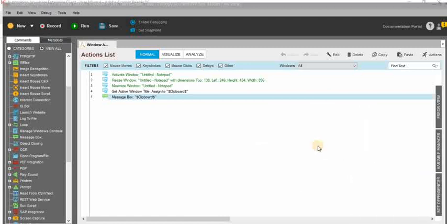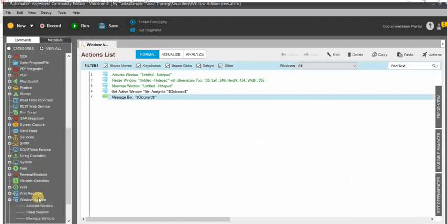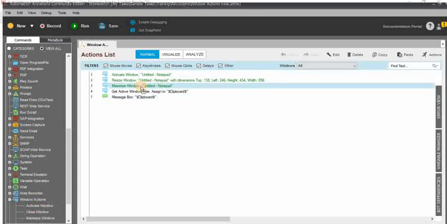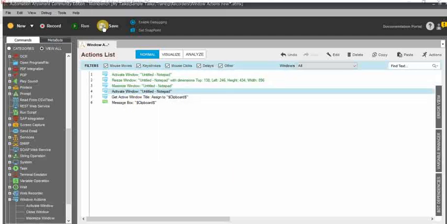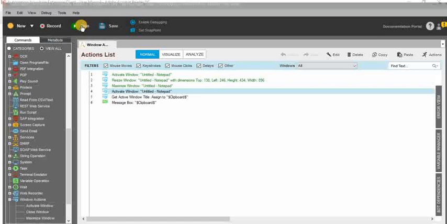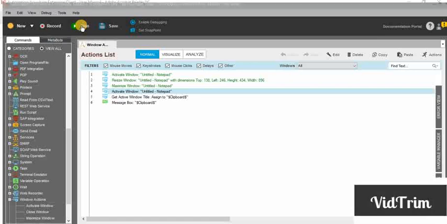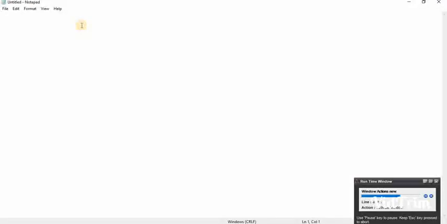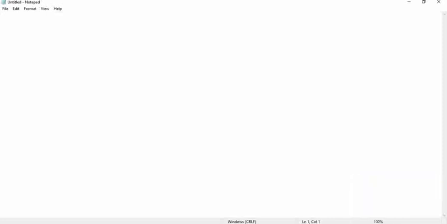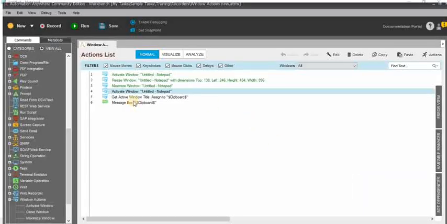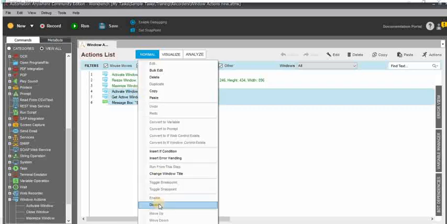If you activate any other application, let's say I will activate another application, Notepad, the same Notepad I will activate. At this time I have activated Notepad, so it will display the name as the Notepad window title. So I am expecting the same answer. Perfect. Here you can see the Notepad window title. Based on the scenario you can use this option multiple times. I'll disable this one.